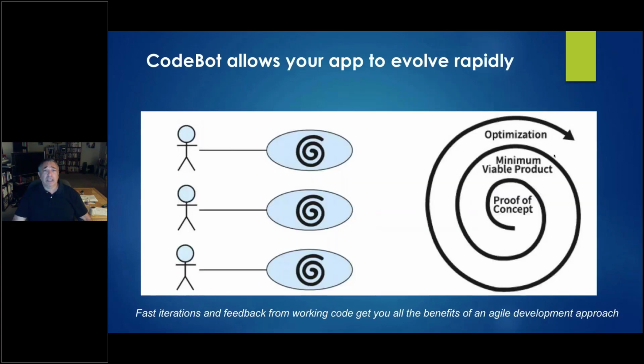So this is what I was talking about in terms of agile versus, it's kind of feedback driven versus plan driven. In general, UML is planned software development, and agile is feedback driven software development, where you get something up and running, you show it to users, and you get feedback from working code. That's where the benefits of agile development come from.